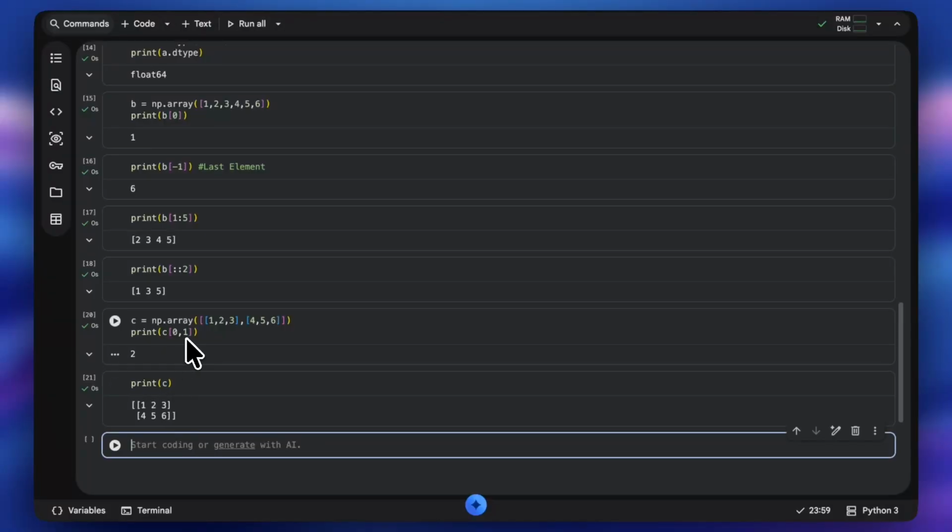And in this case, we passed 1 as index, so we got 1 for the column, and we passed 0 here. The index for the row 0 is this 1, 2, and 3, and index for the second row is 1, right? So this is how it works basically. We printed the index 0 of row and index 1 of column, so we got 2.